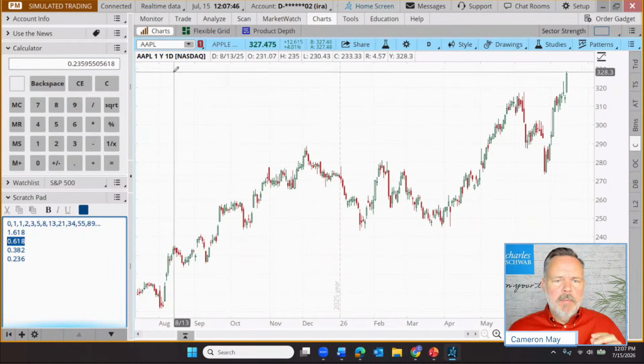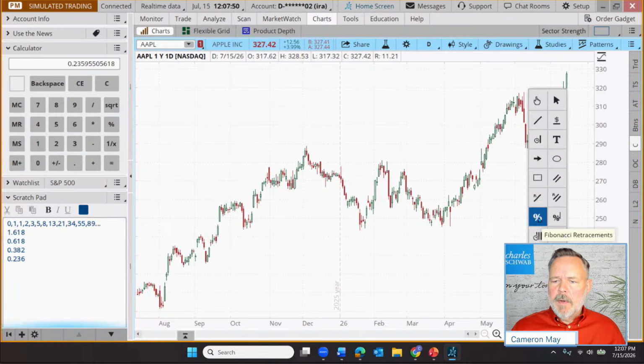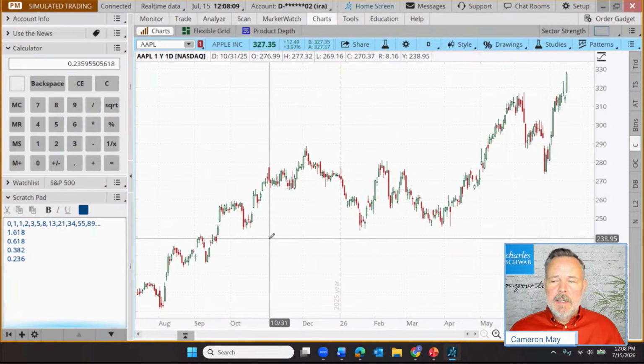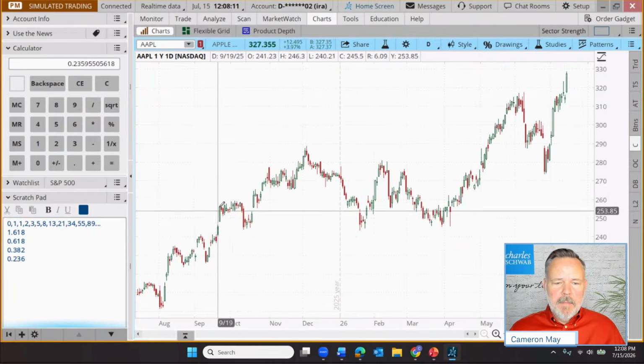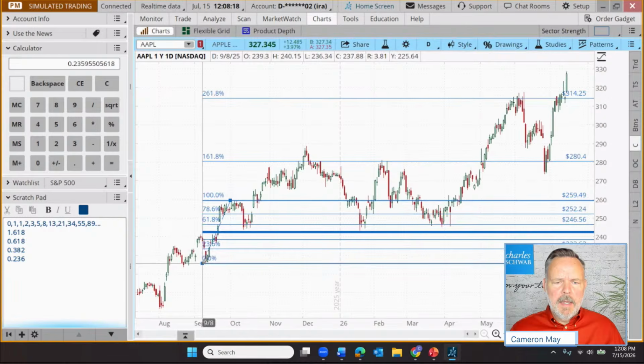Now there's another ratio. And as a matter of fact, let me skip to our first drawing tool. Let's come up here, and here are our Fibonacci tools, by the way. We have retracements, extensions, time series, time ratios, time extensions, arcs, fans, and spirals. So there are 8 Fibonacci tools. Let me quickly slap on a Fibonacci retracement. How about we go back here to September? I'm going to look for a big strong move to the upside, go to the top of that up move and click once, go to the bottom of that move and click again.